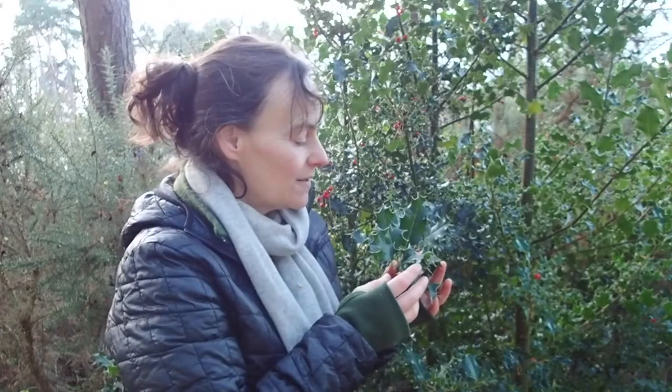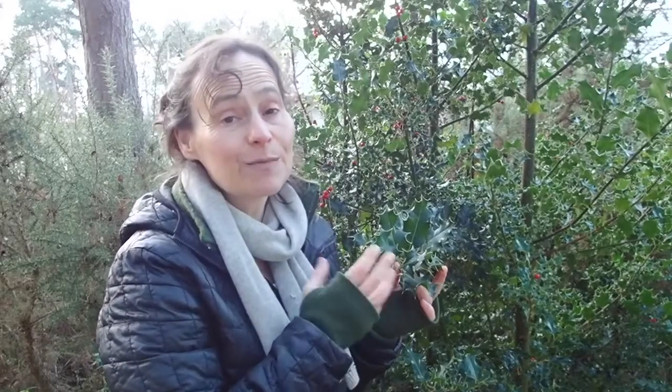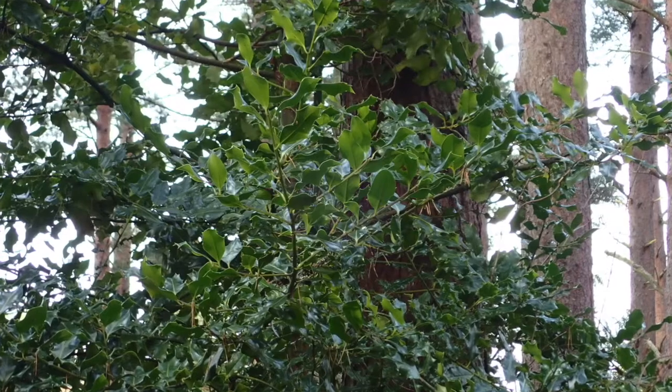But for us, we still take it into our houses because we don't have many colours at this time of year, and it's just a beautiful thing to see that flash of red. So Ilex